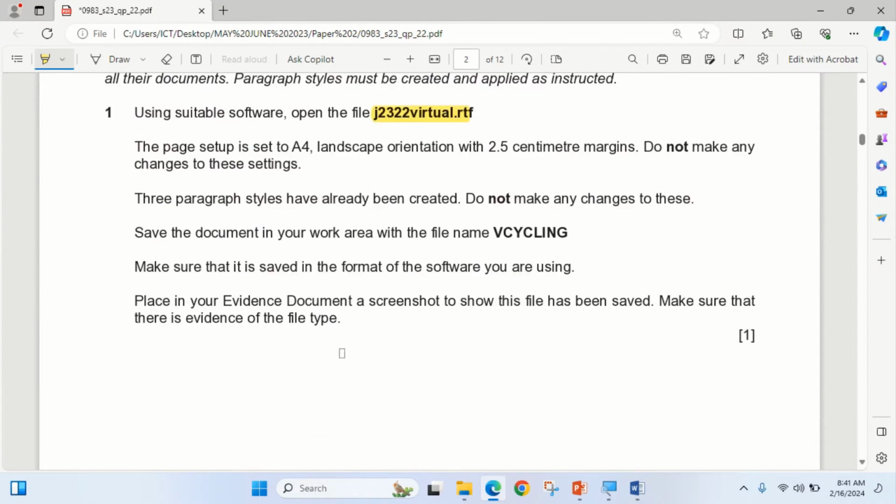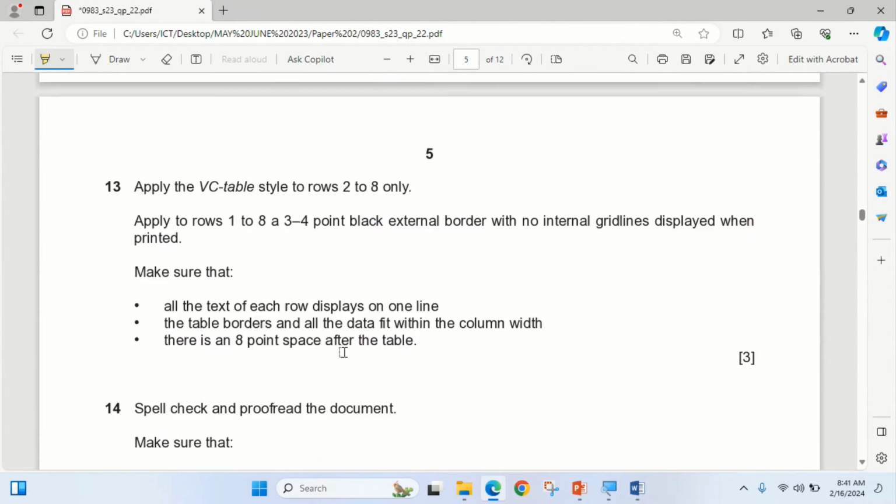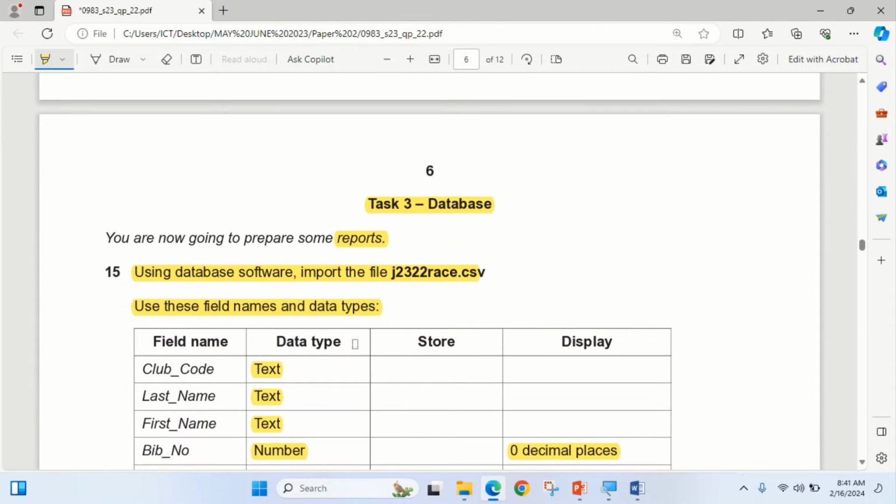Then let's go to the task we want to do, which is databases. That is task 3, database. You are now going to prepare some reports. You know, the benefit of using a database is that you can create reports by manipulating the data in the database. So the instruction will say you are preparing some reports, so you know how to manipulate the data in the database. So using database software, import the file